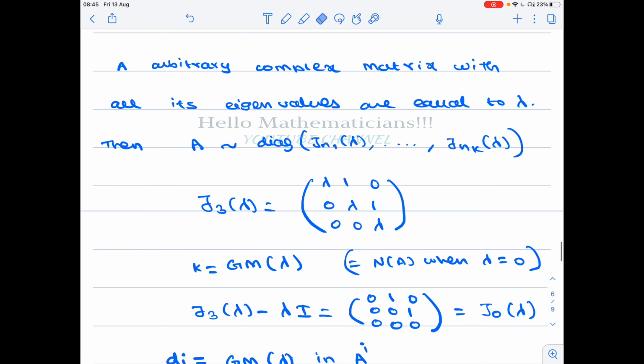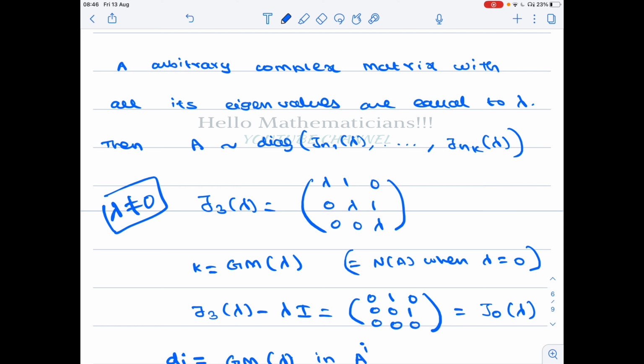Now, we dealt with only nilpotent matrices, but maybe in the next exam they might ask for arbitrary matrices. How to approach an arbitrary matrix? Let's take a complex matrix. To talk about Jordan canonical form, we want all the eigenvalues to lie in the underlying field. So we take complex matrices so that the eigenvalues are in the field itself. Now we assume that lambda is not equal to 0, because if the eigenvalues are 0, then we know how to proceed. So we assume lambda not equal to 0 and that all the eigenvalues of A